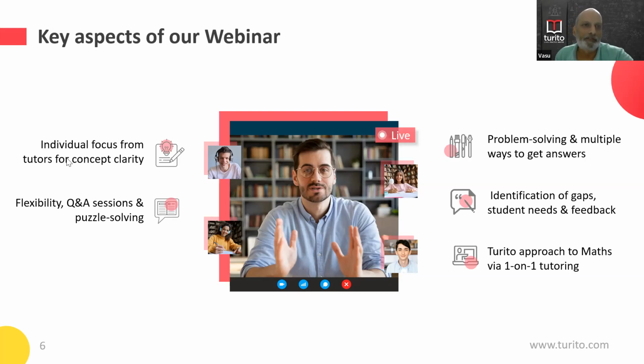Now, today's discussion will be on individual focus from tutors for concept clarity, flexibility, question and answer sessions and puzzle solving, problem solving and multiple ways to get answers, identification of gaps, student needs and feedback, and the Turito approach to maximize via one-to-one tutoring. Now, moving ahead,